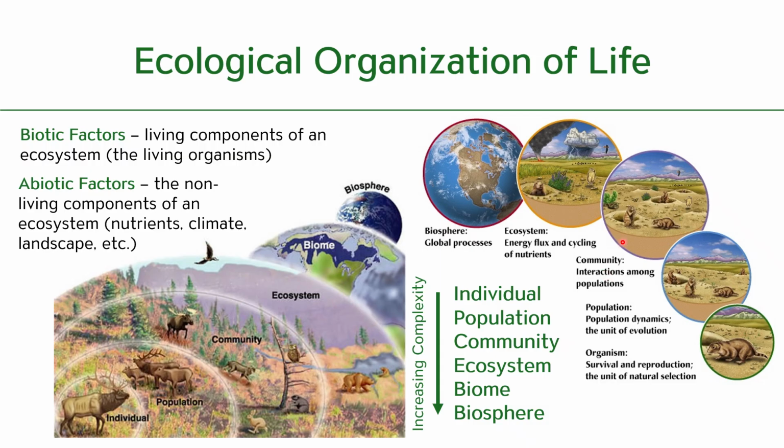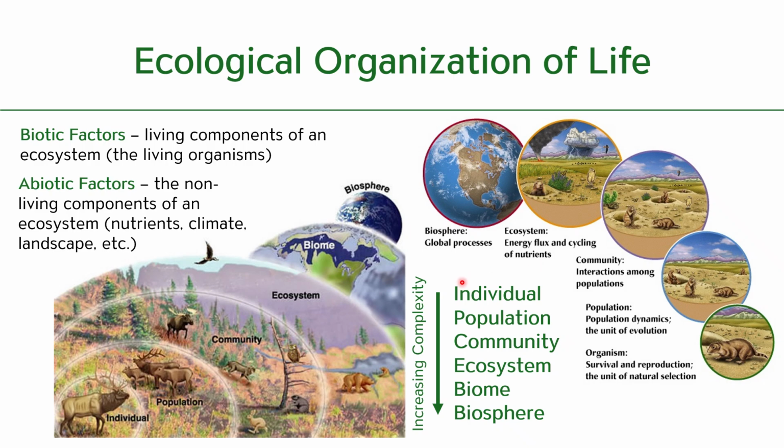a given area. So from this point below, we've talked about what are called the biotic factors, the living components of the ecosystem. Once we hit the ecosystem level, now we're starting to bring in abiotic factors. So these are the non-living components, the nutrient availability, the climate, the sunlight availability, the landscape, things like that. So here we look at the interaction between all of the communities and their abiotic factors around them in a